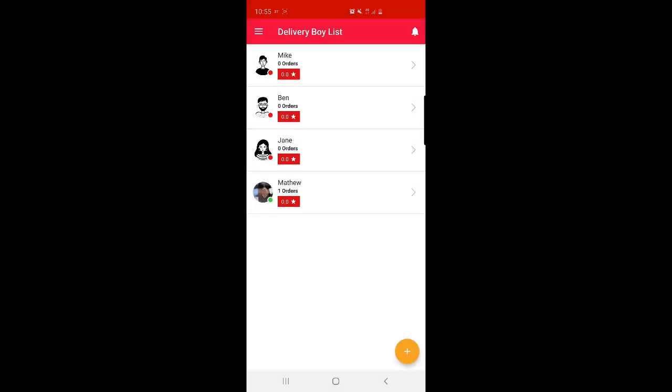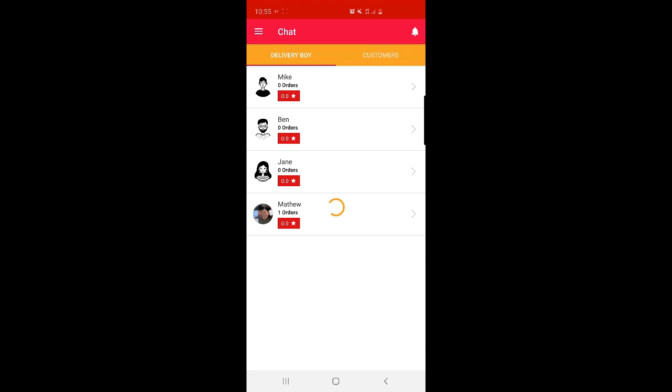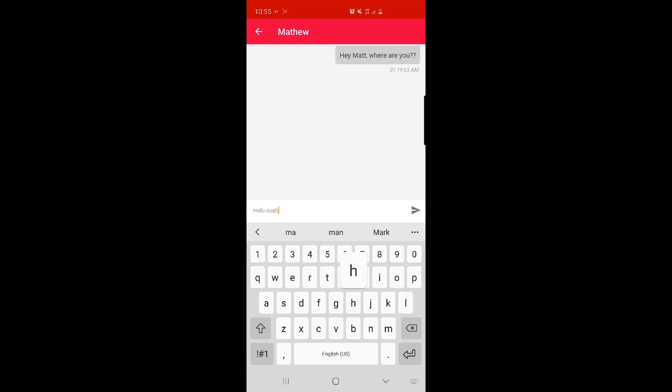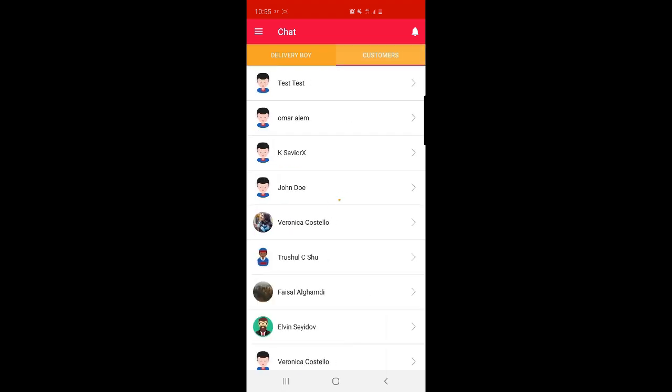So apart from that, we have the chat section wherein the seller would be able to chat with the delivery guys as well and the customers as well. So to chat with the delivery guy, the seller can tap on the particular delivery guy to bring up the section. So it's hello Matthew, assigned one order. So that's how the seller can chat with the delivery guys